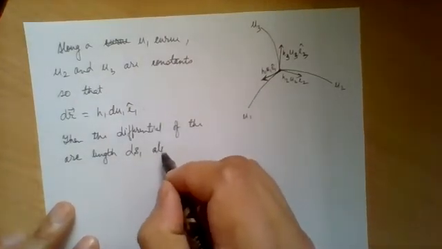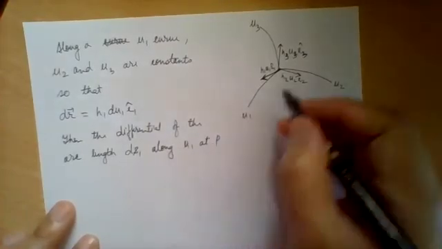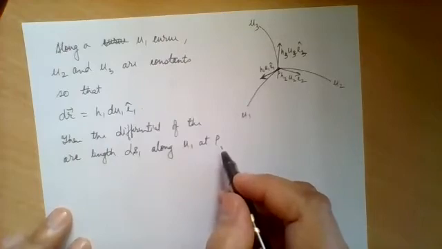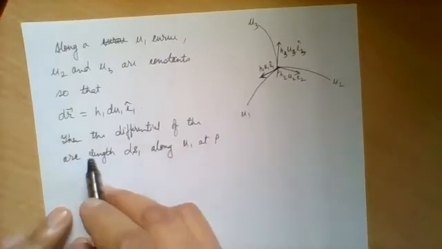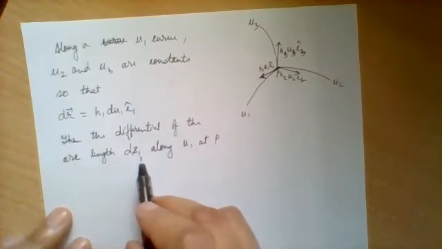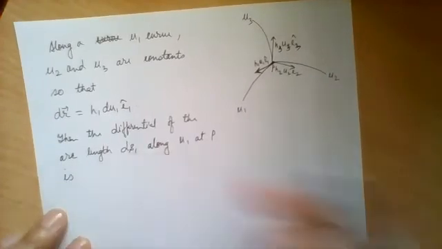Arc length along u1 at P. This is the point P. I repeat, the differential of the arc length ds1 along u1 at P is